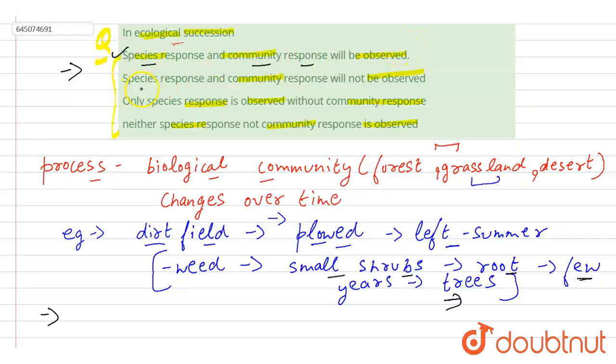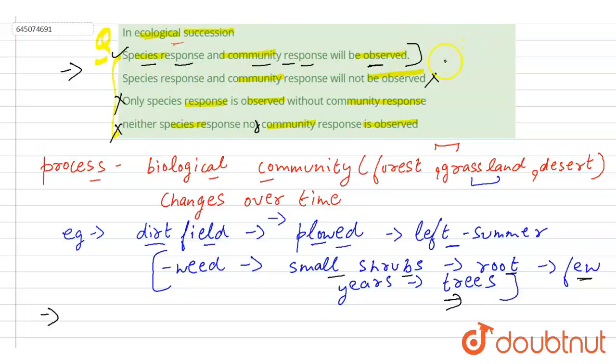The next option we have is species response and community response will not be observed. This is the incorrect option because they both were observed. The next statement is only species response is observed without community response. This is also incorrect. And last we have neither species response nor community response is observed. This is also incorrect because both the species response and the community response will be observed,